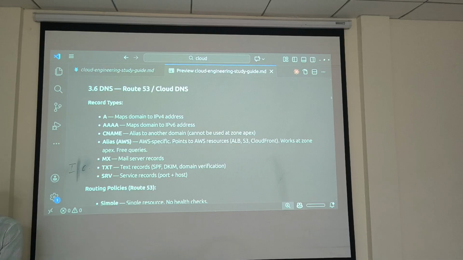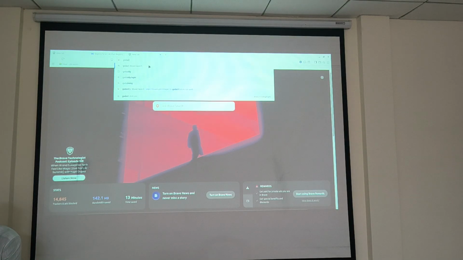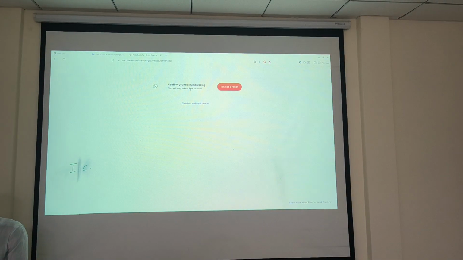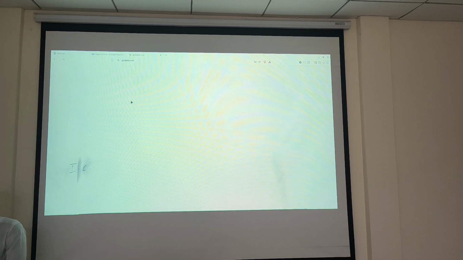Let me check if I have any. I have one quick question. Previously in the security part, you showed us how many layers there are and how, irrespective of what you are trying to access, you will not touch the main application or the virtual machine. You will just access till the outer layer itself.